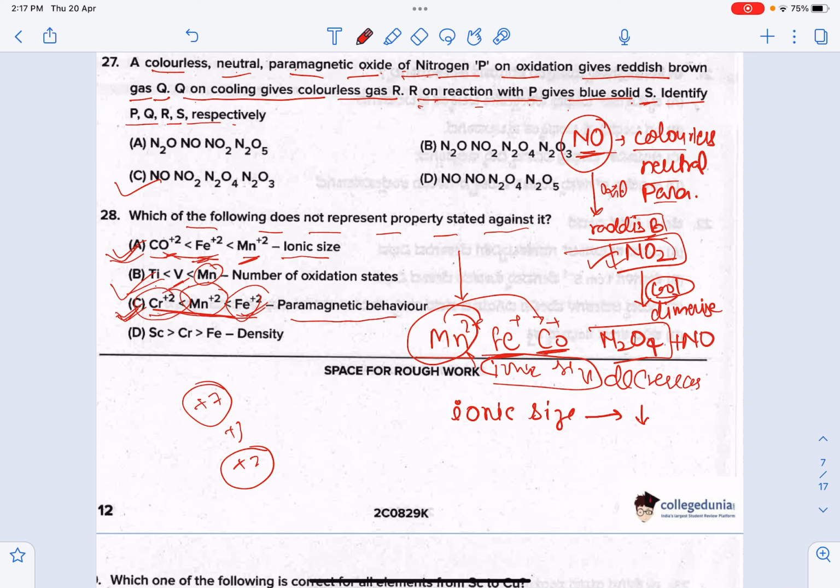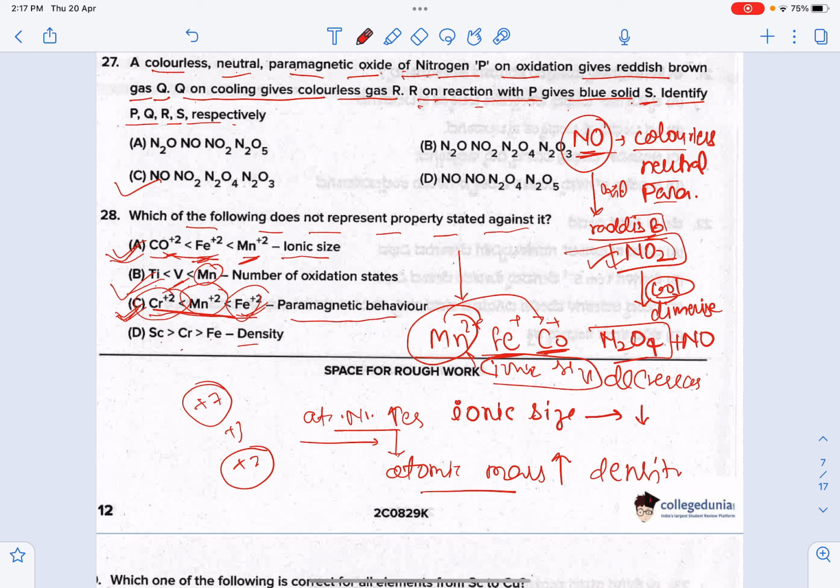Okay, now option D: scandium, chromium, iron. It is the order of density. Clearly, you can see that density will not follow this order, because as we move from left to right, as atomic number increases, that means atomic mass also increases,